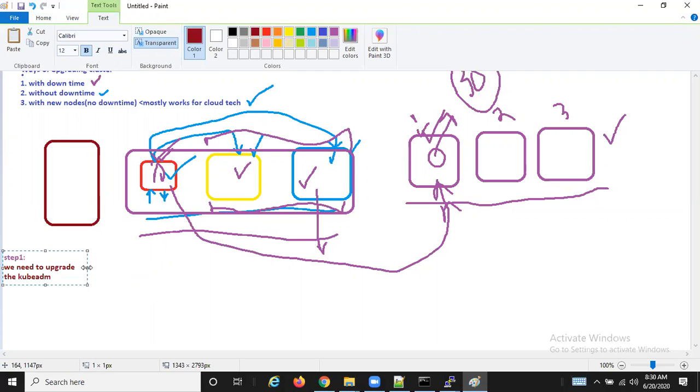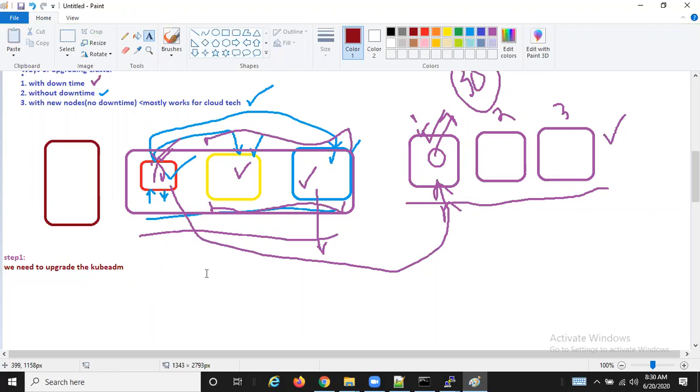I know that most of the people here are from Unix background. If you are upgrading something, and the tool that you are using for the upgradation, first you will try to upgrade that. Am I right, Narayan? Yes. Why? If there are any bugs or issues with respect to that tool, first we will try to resolve that. Then we'll go for the upgradation. If without doing that, you go for upgradation, we will not be very clear whether that is a problem with the tool that we are upgrading or the upgradation process, right? So we need to upgrade the kubeadm, and then second step is that